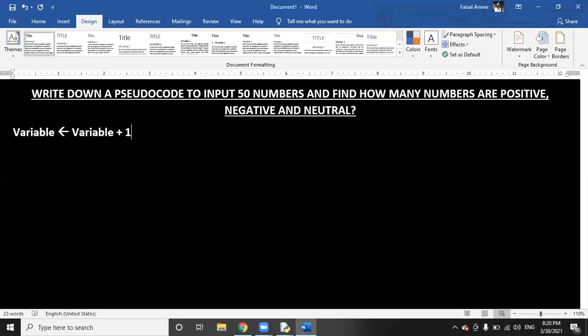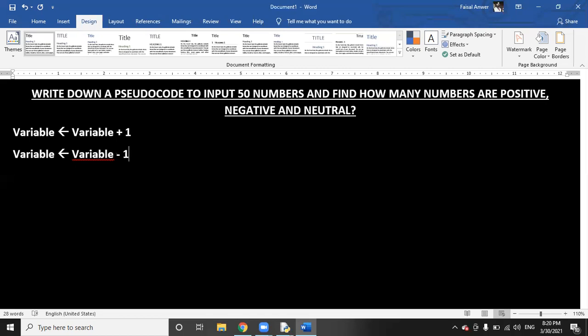It is used for ascending order. If you are counting in descending order, it will be the name of the variable equal to variable minus 1.